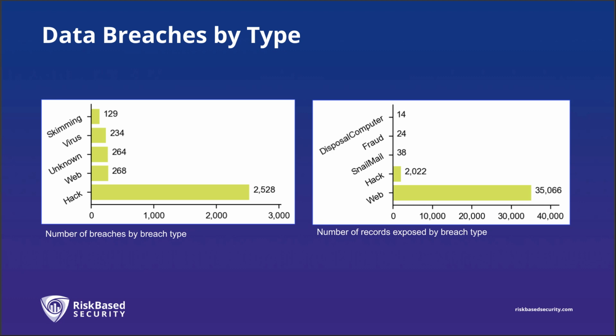What I did think was another interesting aspect of these particular two charts is over there on the number of records exposed, where we see both snail mail, which is accidentally putting sensitive information into the wrong letter and sending it off to the wrong folks, along with disposal of computer or electronic computer equipment. Now, it has been a long time since we've seen those two particular breach types break into the top 5 for number of records exposed, and the two together accounted for over 52 million records exposed in 2020.